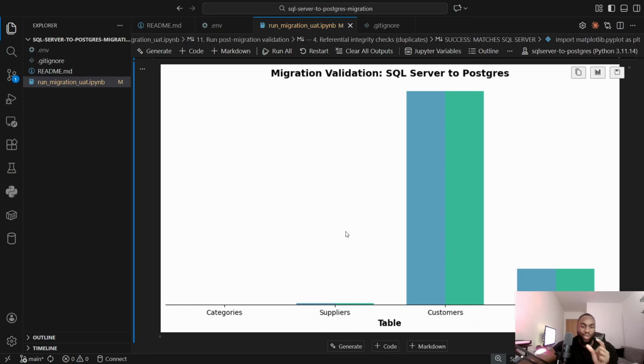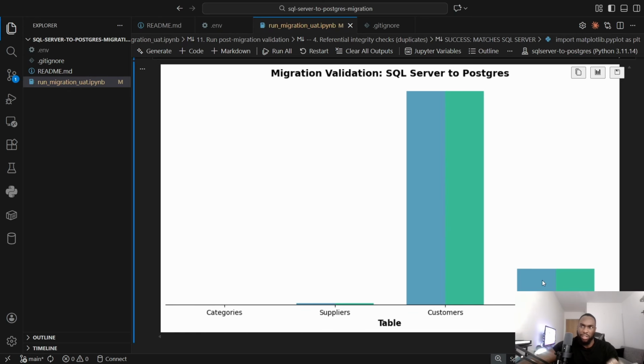Okay, so let me touch on logarithmic scale quickly. In a migration like this, often you're going to have tables with different row counts. Some tables will have thousands, millions of rows or records, and others may have less than 10, like categories. So remember, our categories has about 8 rows, and the customers table has over, think about 900,000 rows, and